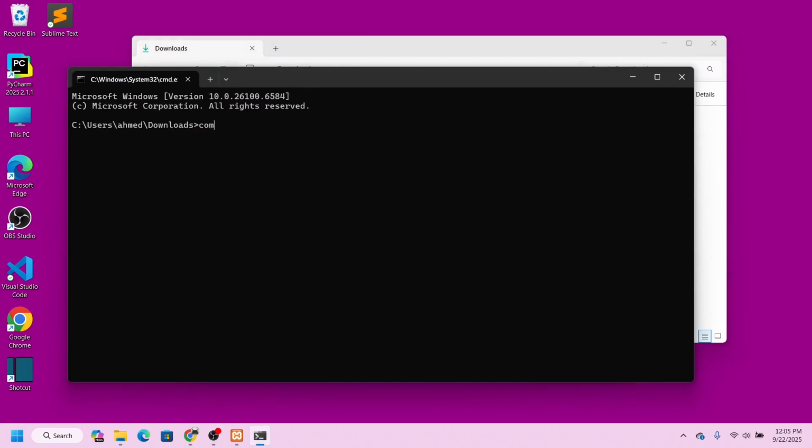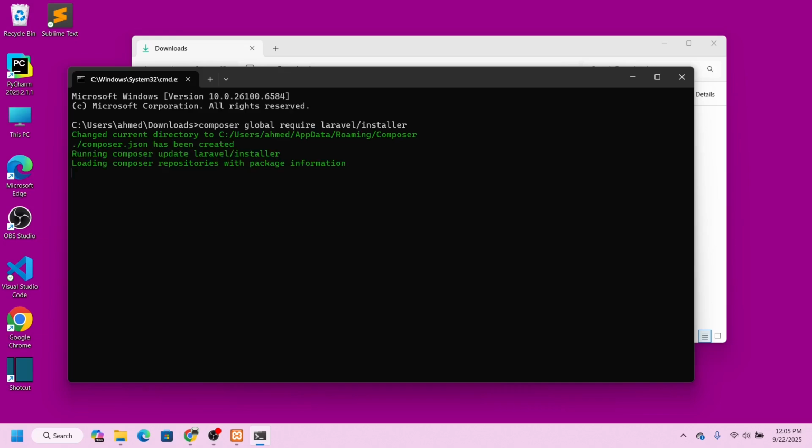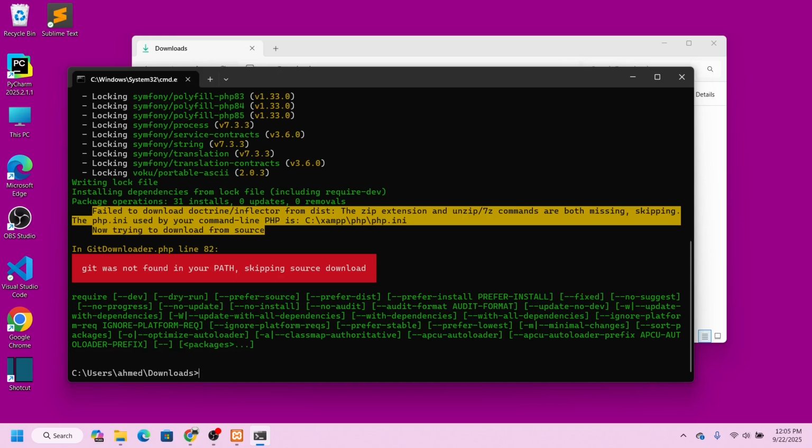Here you type composer require, but before that you have to say global: composer global require laravel/installer. Hit enter. Now you can create your Laravel project anywhere on your PC. Here you can see "Git was not found in your path, skip source download." Basically, if you find this error, you have to change something in the